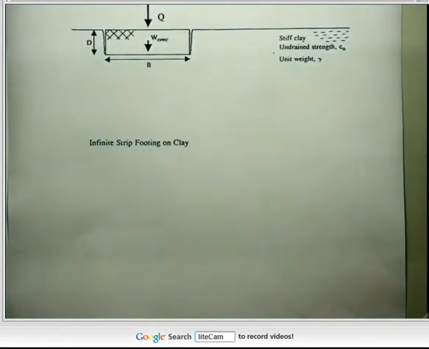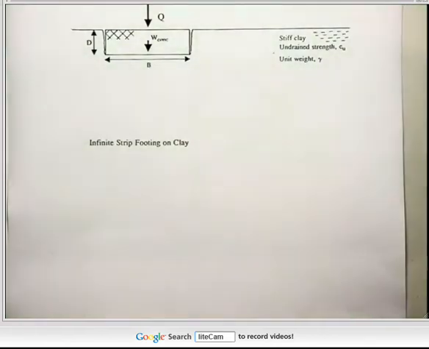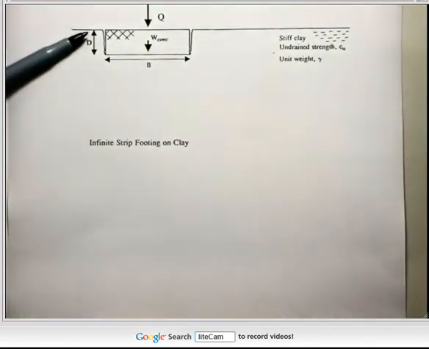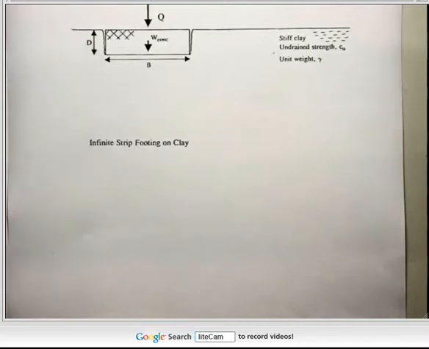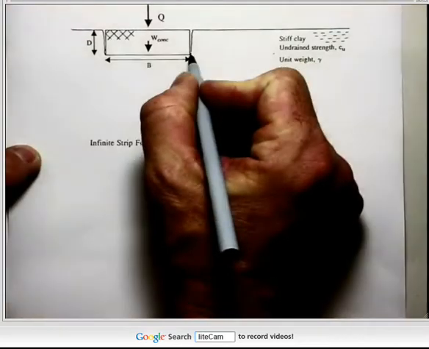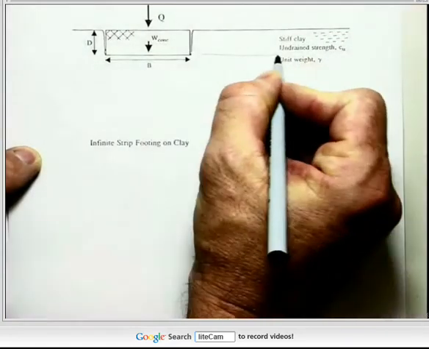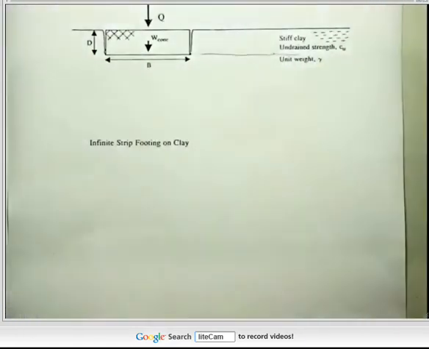Yep, it's on the screen. I've already said we've assumed that D is less than B. It's a shallow foundation. And we're going to assume that soil above foundation level there has no strength. The reason we do this is that